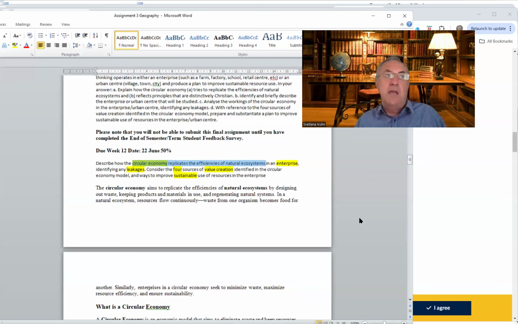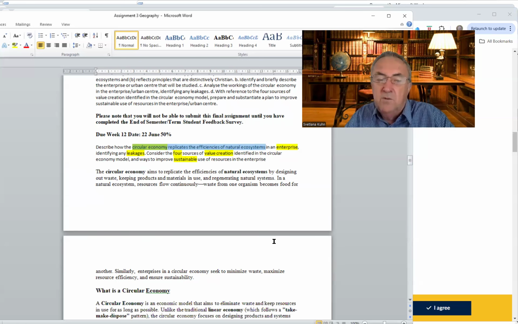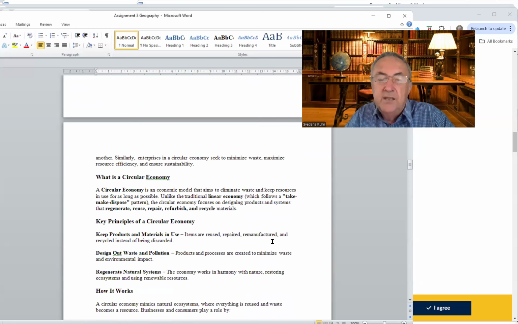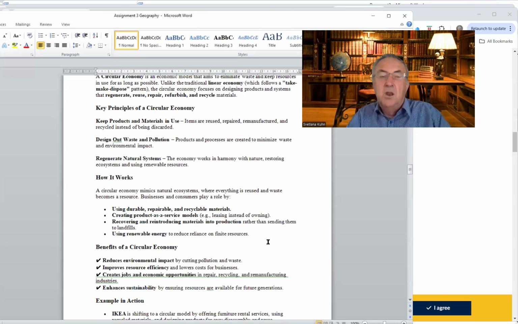With food, we have Harvest and other food companies that are able to not-for-profit recycle and preserve food so there is less waste, and then some of the materials go back into the farms and they're able to be used in various ways. There's circular economies all around us that you're asked to study for this third assignment, and you can focus on